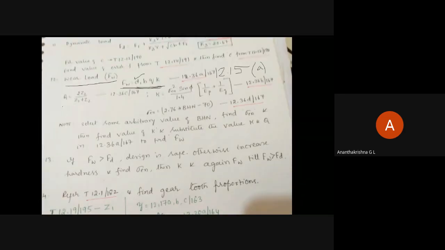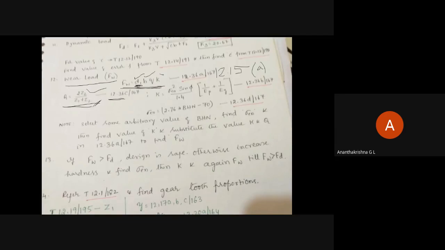Q is equal to 2Z2 by Z1 plus Z2. That's also given next to that equation. You are given the value of Q, that is essentially given by 2Z2 by Z1 plus Z2. B value we have found out. D1 is nothing but M into Z1. Irrespective of whether gear is weaker or pinion is weaker, D1 is going to be MZ1 only. Standard value of module we have found out. Z1 we know in the very first step. So D1 is known. B is known. Q we can find out from 2Z2 by Z1 plus Z2.